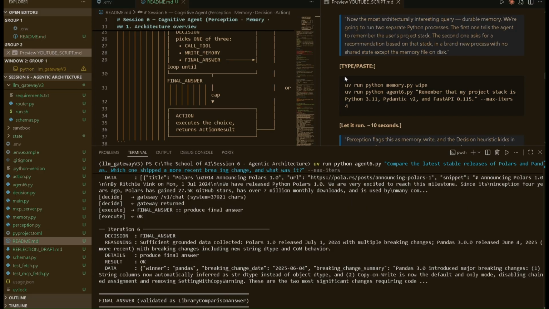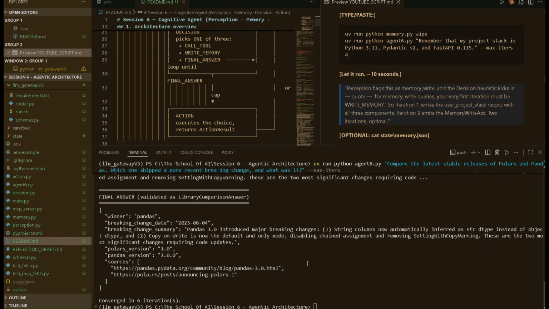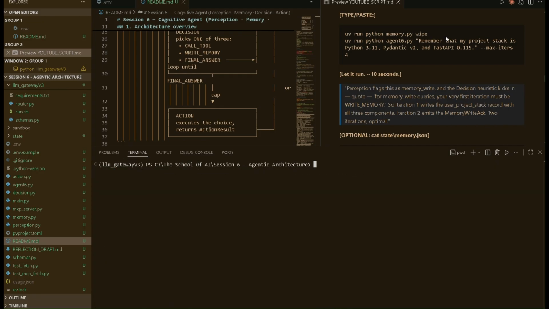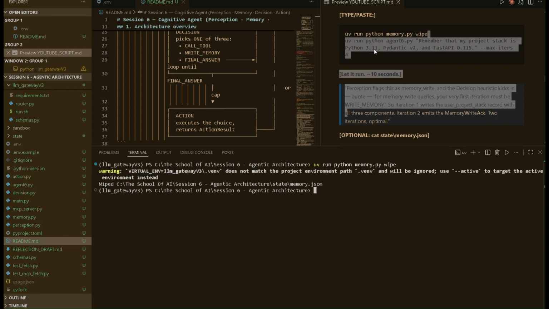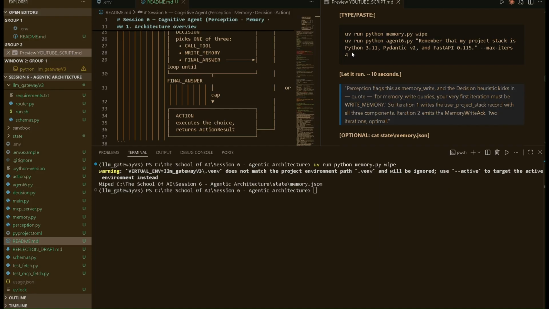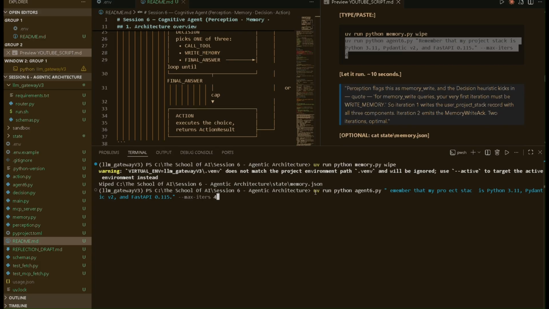Perception flags this as memory write, and the decision heuristic kicks in. Quote, for memory_write queries, your very first iteration must be write_memory. So iteration 1 writes the user_project_stack record with all 3 components. Iteration 2 emits the memory write tag. 2 iterations, optimal. And here's the fact on disk in